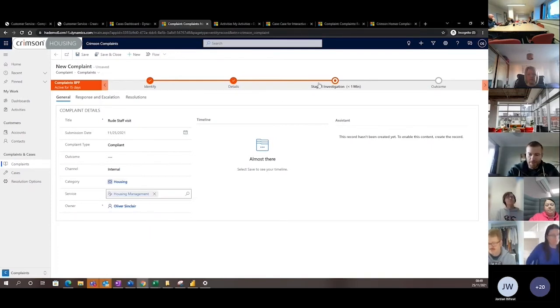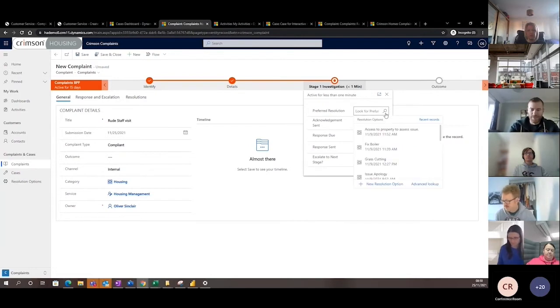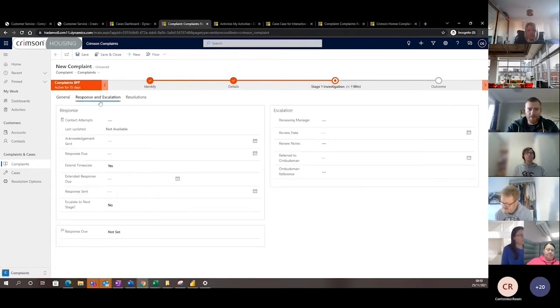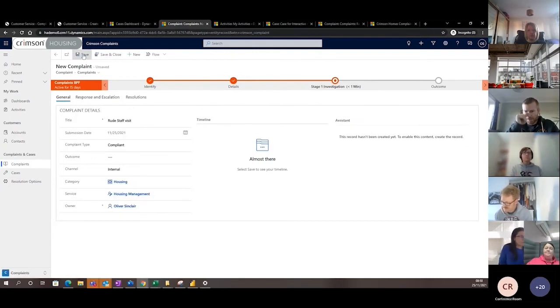So once we've got this stage one, an official complaint happening, what we would be looking to do on the phone is look at what would be their preferred resolution, what would make these guys happy. And what we're going to say is, if we issued an apology, then that might resolve the issue rather than taking it to a second stage. So what we're going to actually do is make sure that there's the correct acknowledgement. So we can save this record